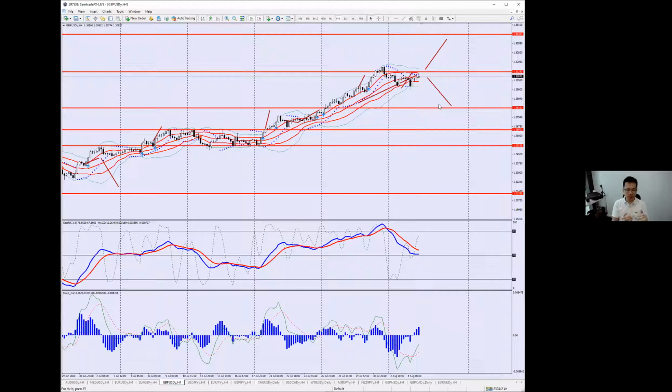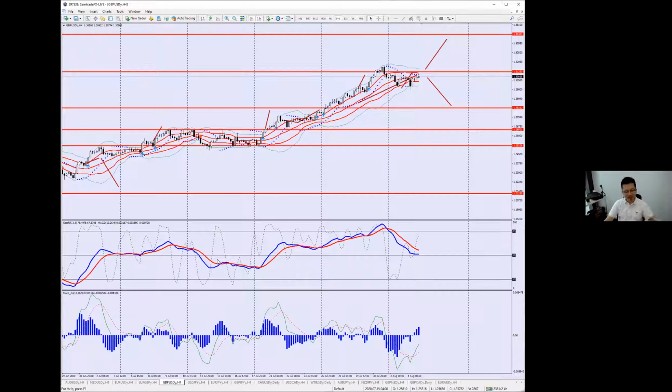Knowing which direction to enter that trade, we'll go into a lot more detail on the Traders Club call tonight, the coaching call tonight. That's for the pound US dollar on the H4 time frame. It is sitting at that resistance level with potential upside or downside. I would suggest either join the call tonight or wait for the news tomorrow at 2 p.m.